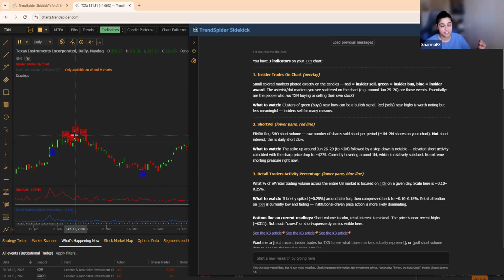So this is not short interest. This is just daily short flow. And so the spikes that are happening here will let me know what's happening in the markets, what's happening with any short volume. If there's a lot of short volume going on that day, that's what I need to be careful of. If my stock has moved a significant amount and I really don't want to hold on